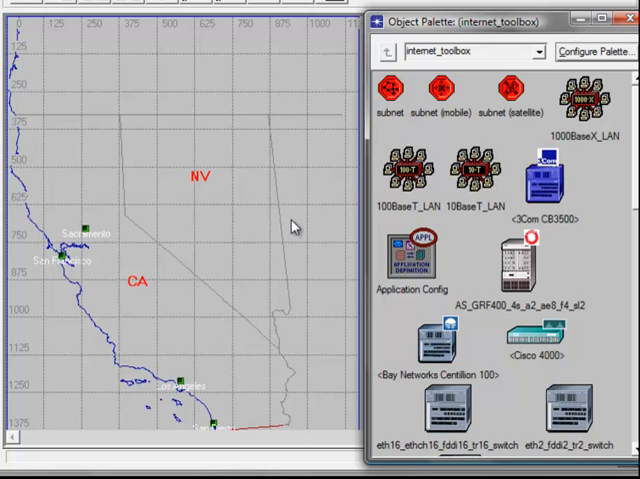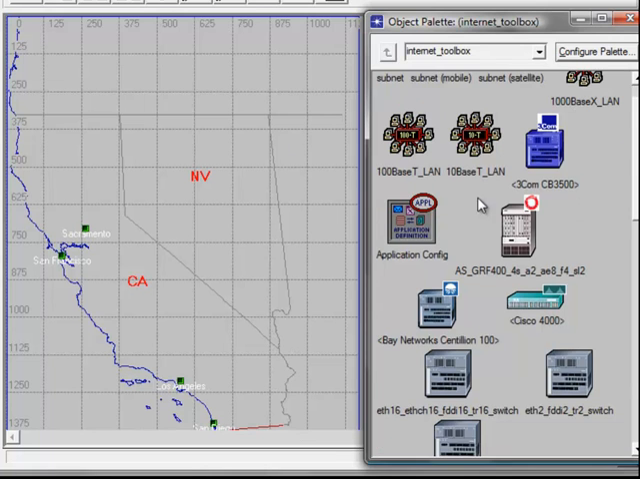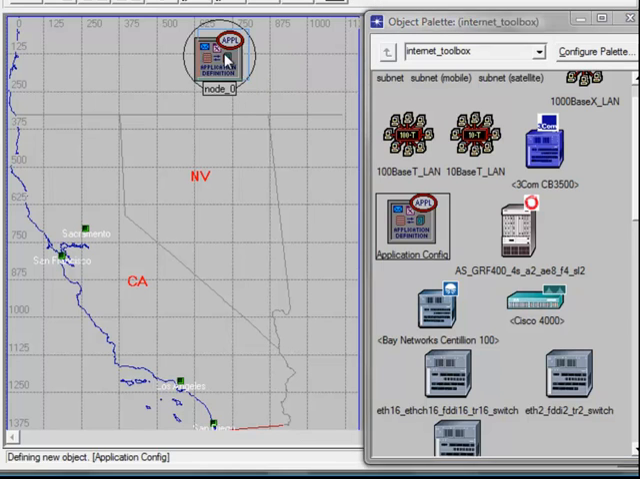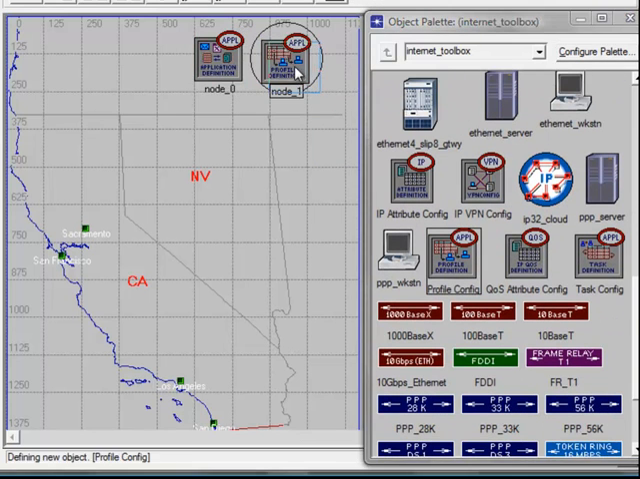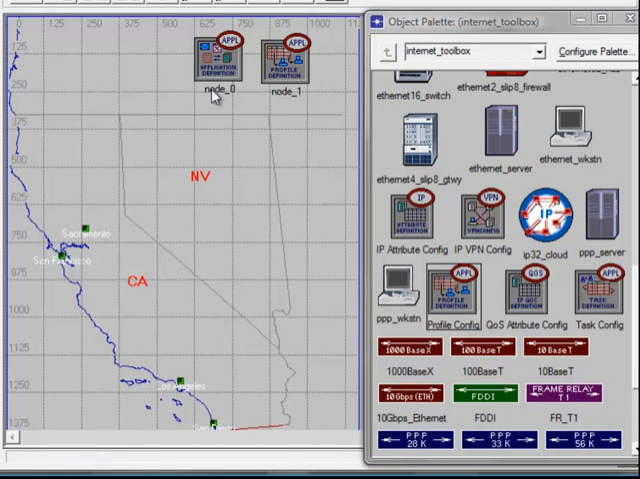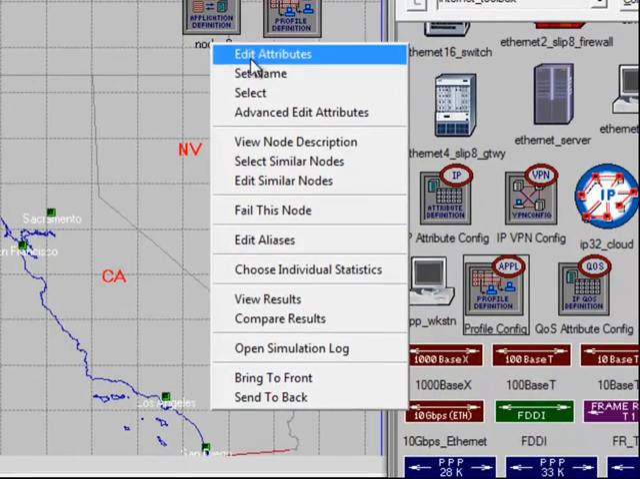Okay, so now we have our empty workspace with a map of California. Now we have to drag our nodes to the workspace. So from the object palette, drag the application config and then drag the profile config. Then let us rename our nodes to